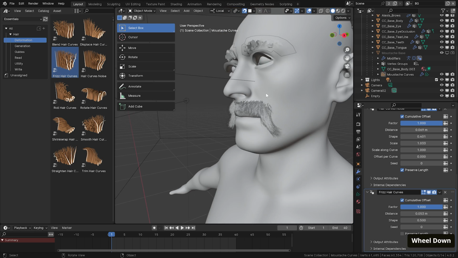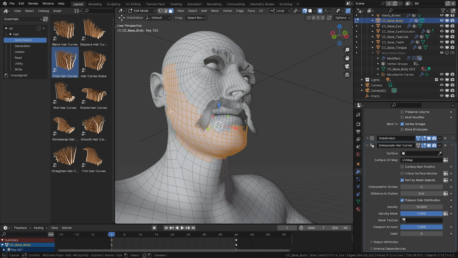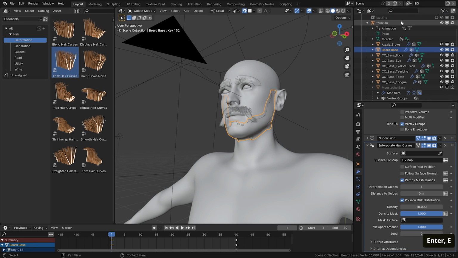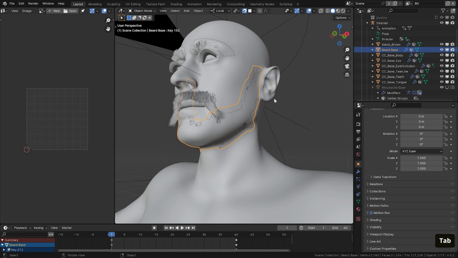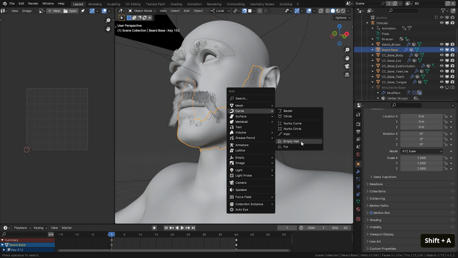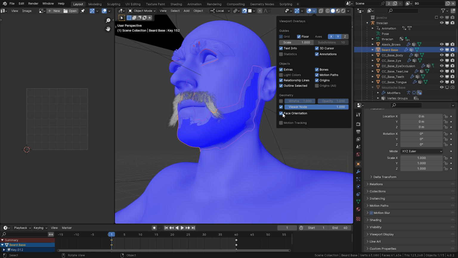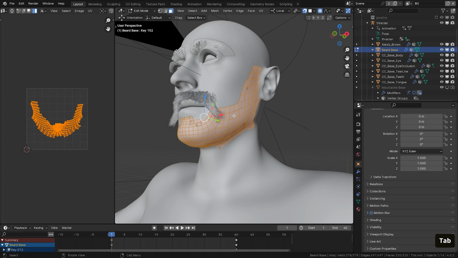And that's essentially it. Then all you need to do is to repeat the same workflow with the beard. So detach a section of geometry where you want the beard to be, create a weight map on it, and then add an empty hair curves object. Make sure the scale is applied and the normals are facing out, and also that this piece has its UVs. Start placing your guide curves,